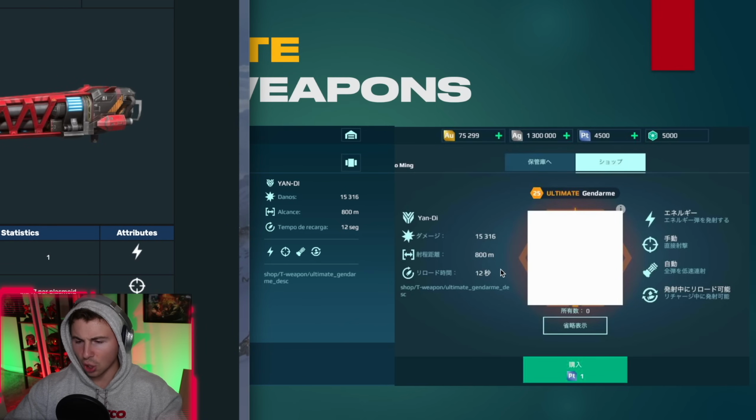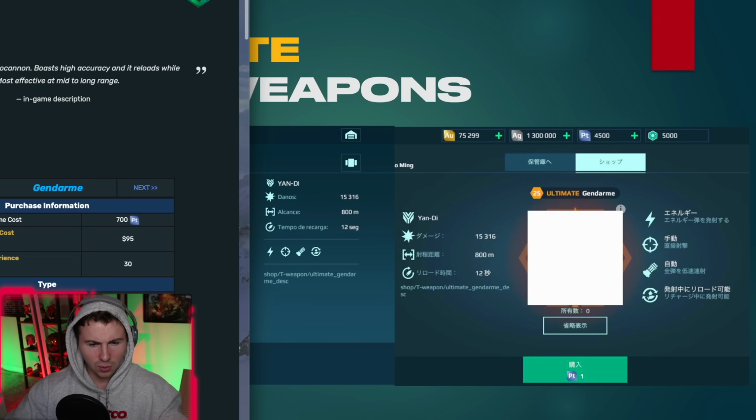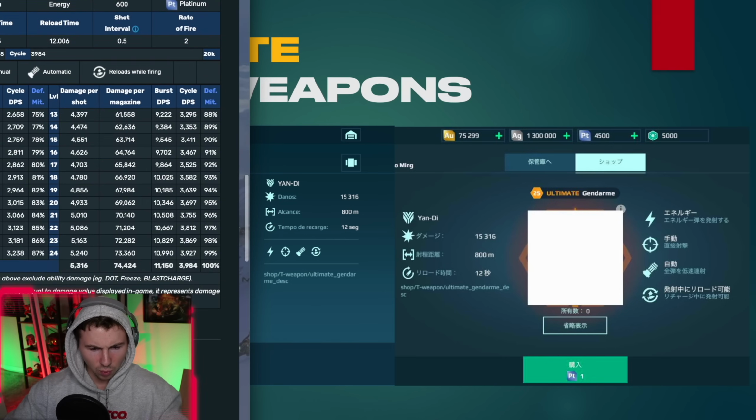Okay, so the stats are 800 meter range, 12-second reload, 15,316. And this is max damage. Like that's level 25 or the equivalent to Mark 3 on the test server. So let's see what the, we're just on the War Robots wiki. At Mark 3 level 12, the damage per shot we're looking at